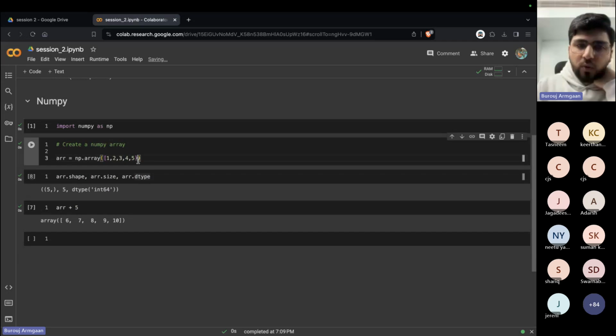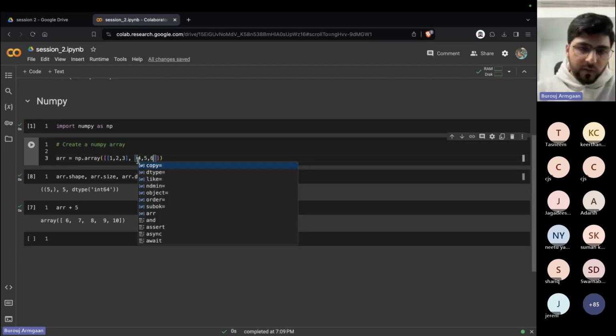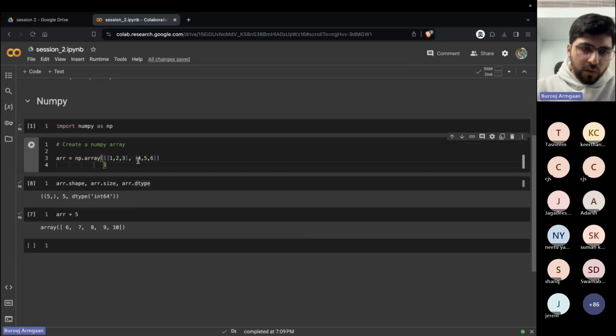Let's say instead of working with a single dimension, you want to work with a matrix. In that case, you will supply a list of lists. Let's say I have a list where the first row is 1, 2, 3, and the second row is, let's say, 4, 5, and 6. If we print the array,